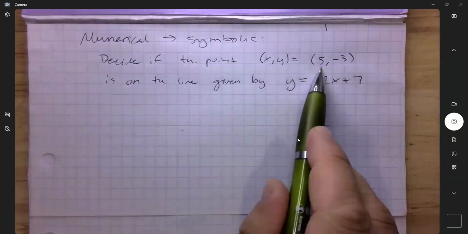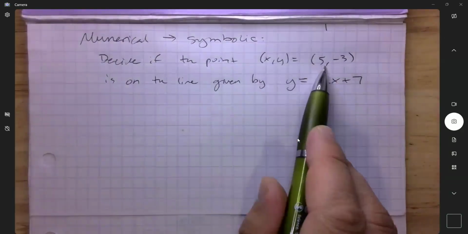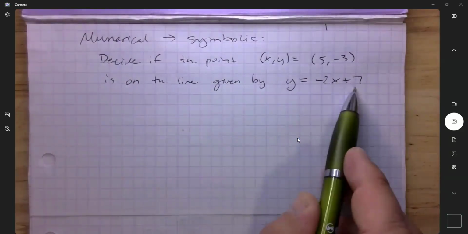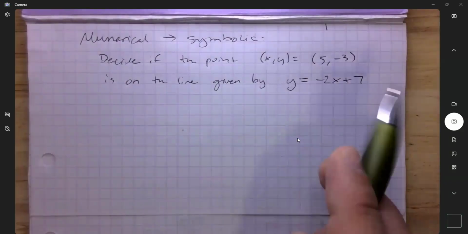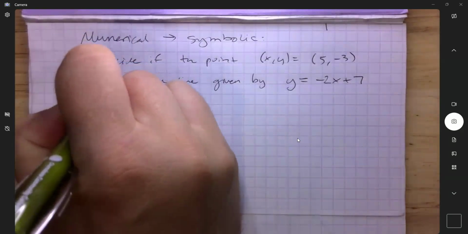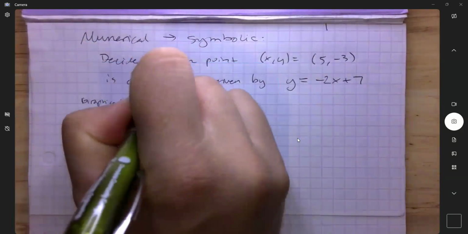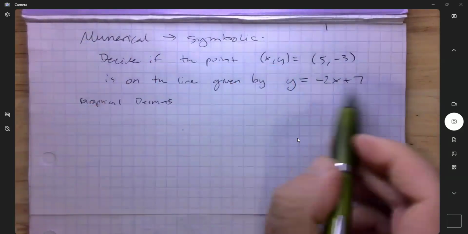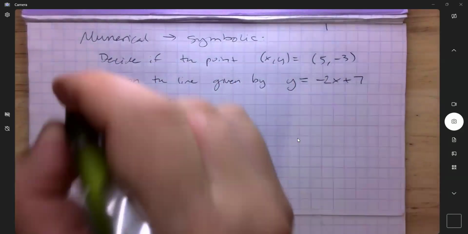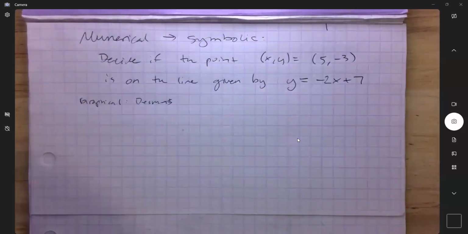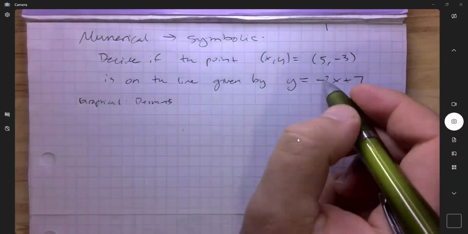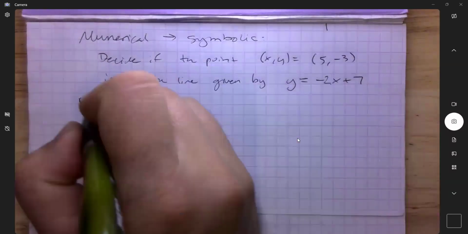So we're given a point and we're asked, does this point show up on the graph of this equation? Now there's actually a great way to answer this: you could switch to a graphical representation and just grab Desmos and graph that line and then see if that point is on that line. That's good algebra. But if we don't have Desmos, we can also test it simply by putting in the x value